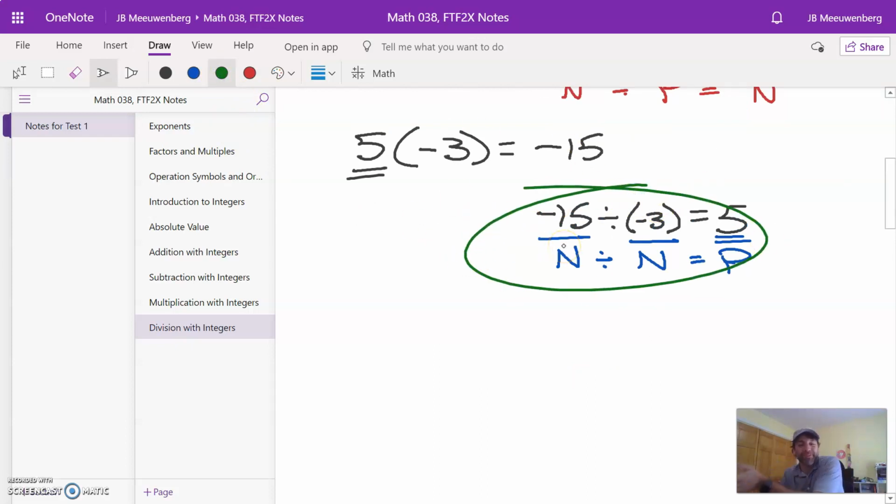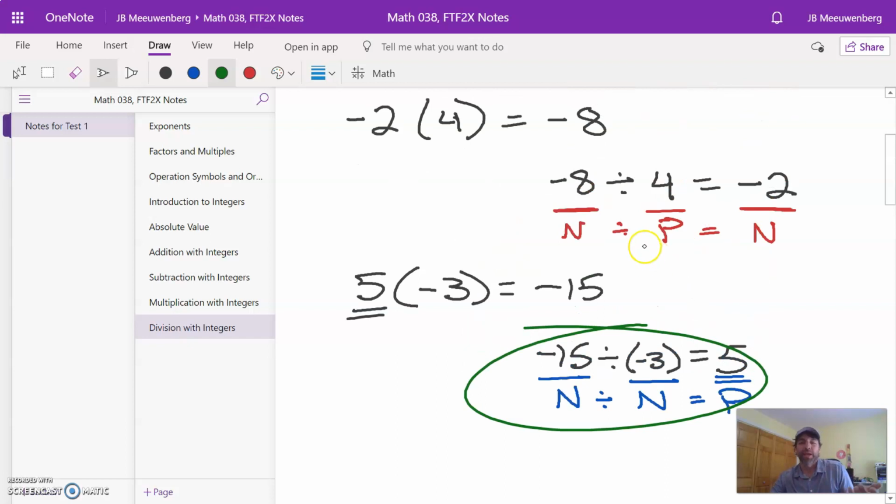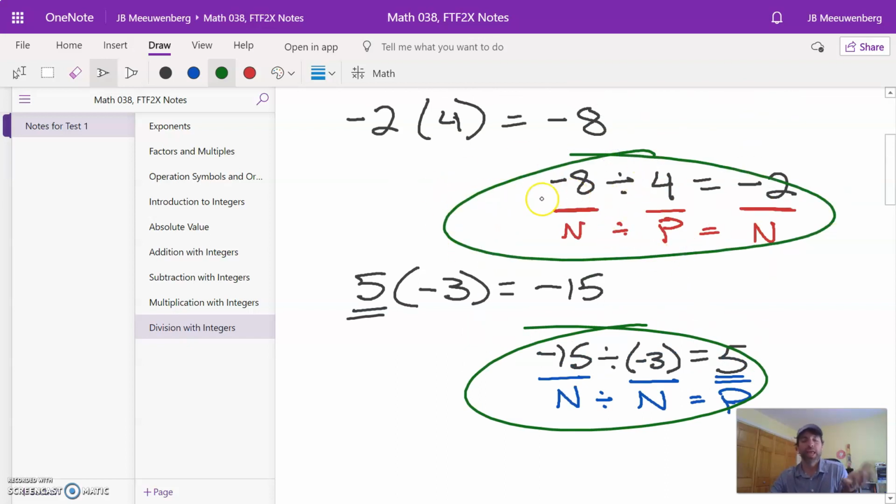If there's an odd number of negatives when you're multiplying or dividing, there's always going to be one left over. And that's what happened here. We just had one negative, which is an odd number. And that's always going to be